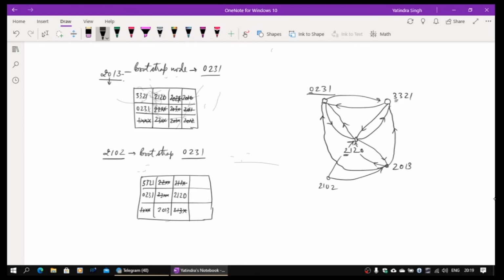So that will be an additional entry which will come, and it will also now point to 0231, and of course this guy. Okay. So that's how, and 2120 will also now be maintaining an entry.